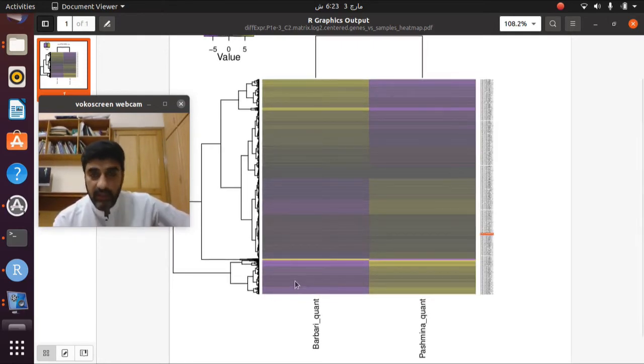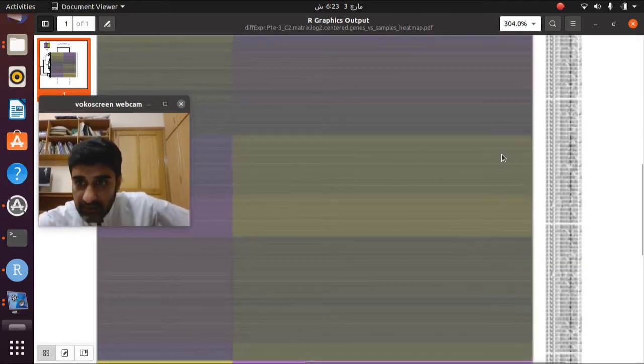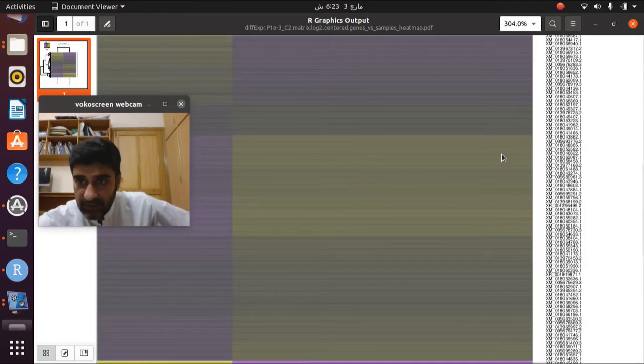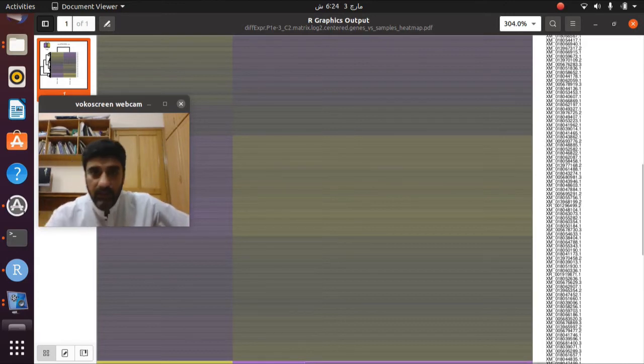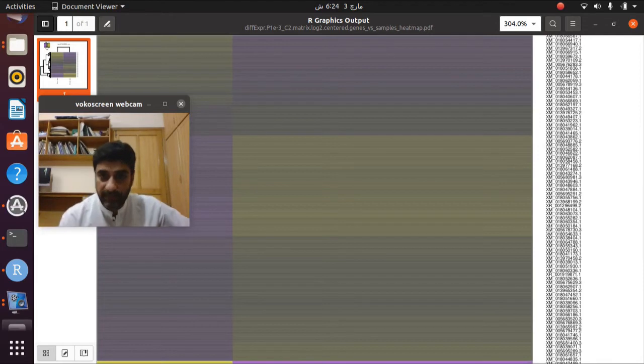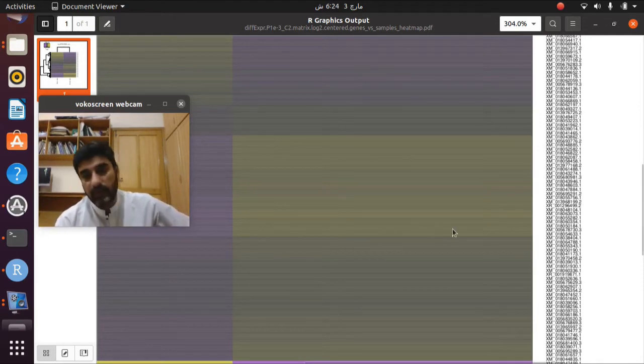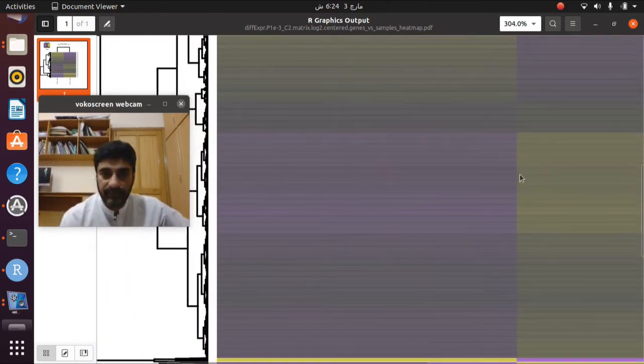That is the opposite case, but it is also present here as well. Like these middle genes, these transcripts are highly expressed in this region of the Pashmina goat, but that is not the case with the Barbary goat.